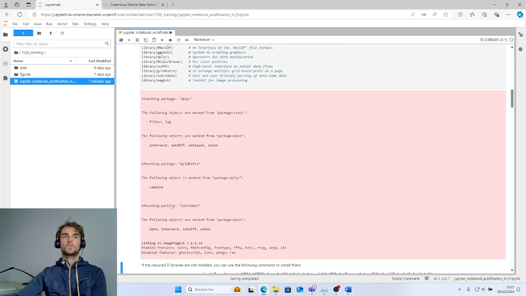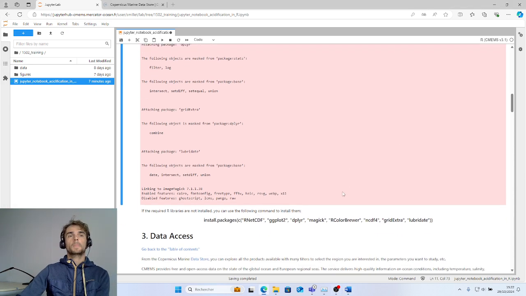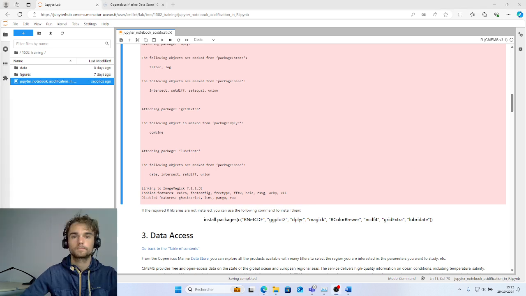We have a message, but it is just information about the libraries. If you use another support and the libraries are not installed, you can use this command, install.packages, with the libraries to install the necessary libraries.